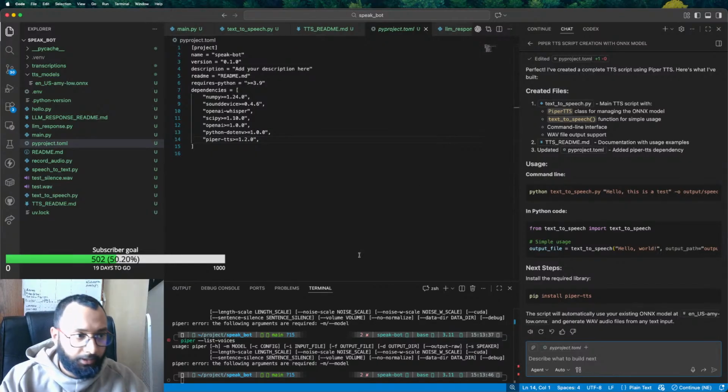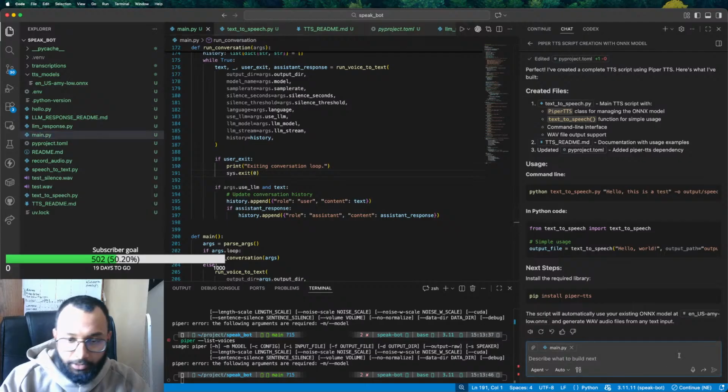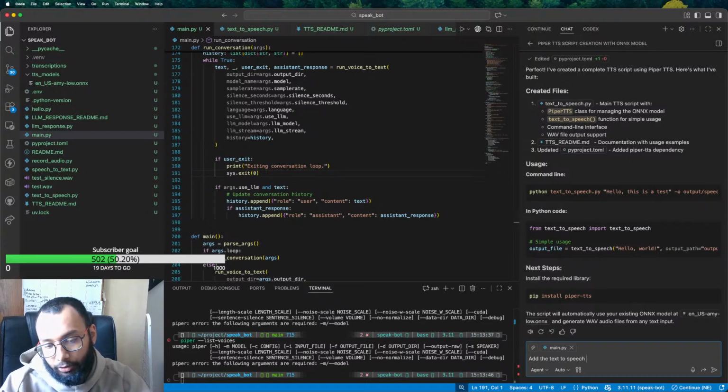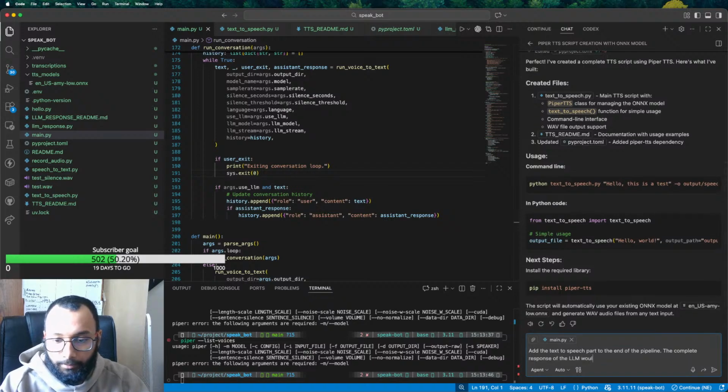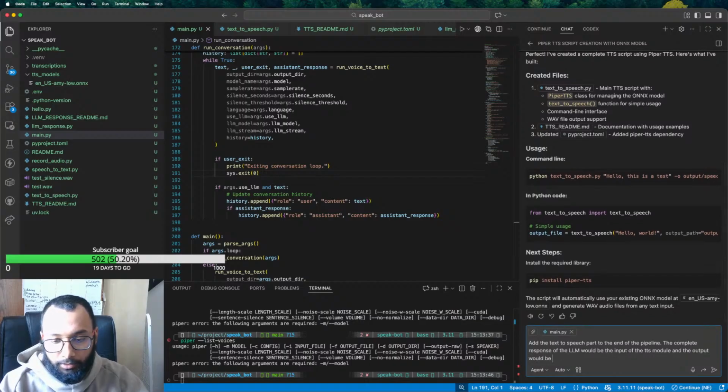Now at the end, let's go to main.py and add the text to speech part to the end of the pipeline, and the complete response of the LLM would be the input of the TTS module, and the output would be